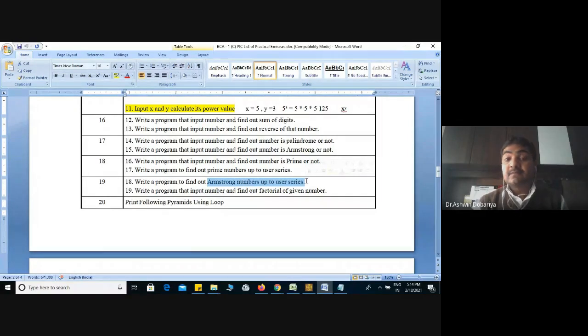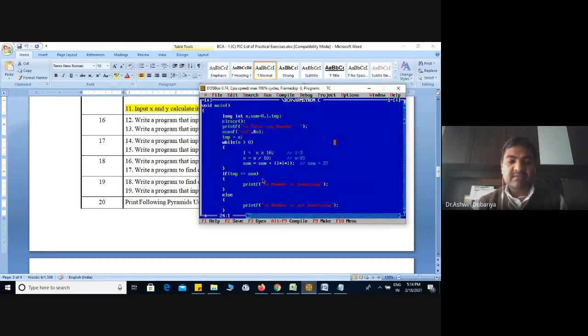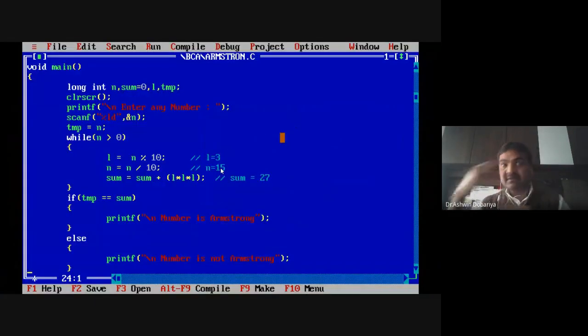It means the 100% logic of this program is the same, and we only have to add 2 to 3 statements. But before I move to this, I will give you one very simple example, then you can understand how you can generate a series.